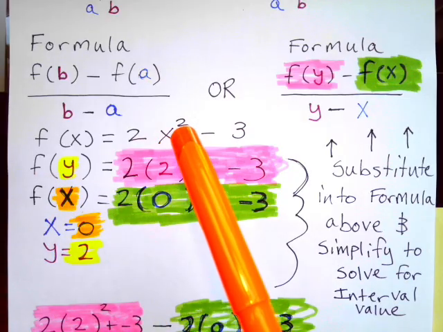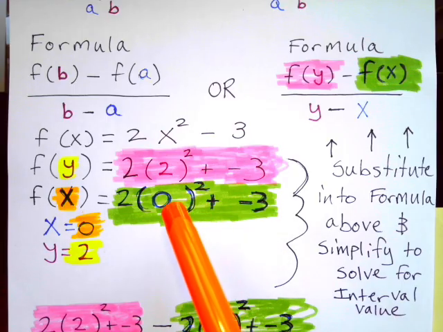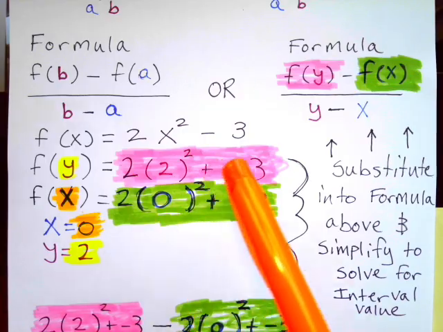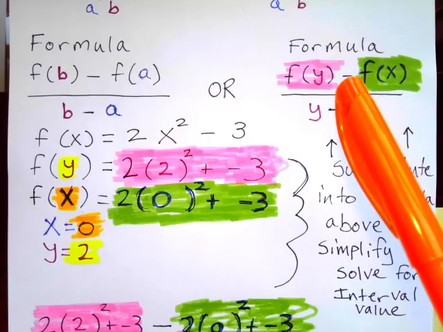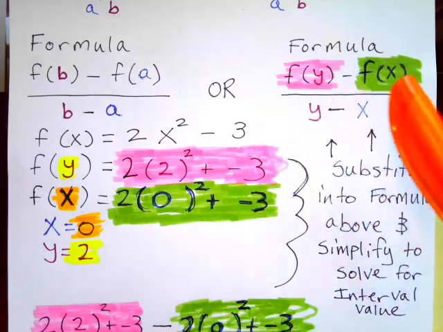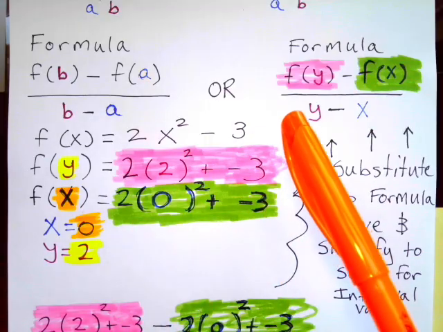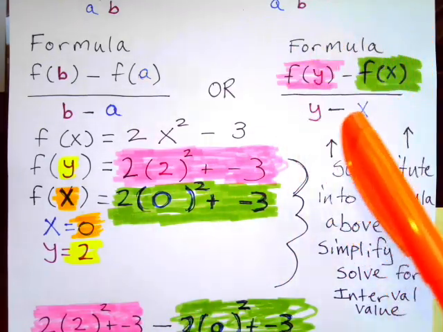I see an x here. I'm going to substitute my 0, or my x value, right here. Then I'm going to follow the order of operations to simplify my f of x value divided by y, which is 2, minus x, which is 0, in order to determine my interval